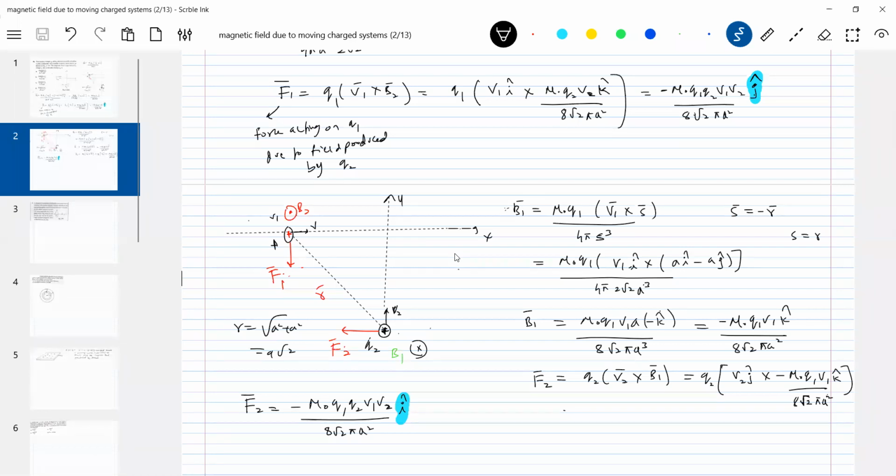Similarly, what happened? The first charged particle will produce field B1. And this field will exert a force on the charged particle Q2. In turn, what happened? The charged particle experiences a force from the field B1. I think I should not show field here, I'll show force, but for your understanding purpose, I'll just show that force here. Don't scold me, sir, how can you show like this? Just to make students imagine.